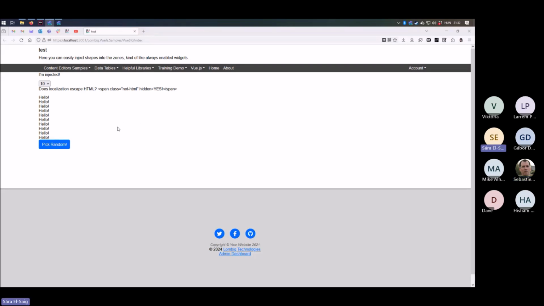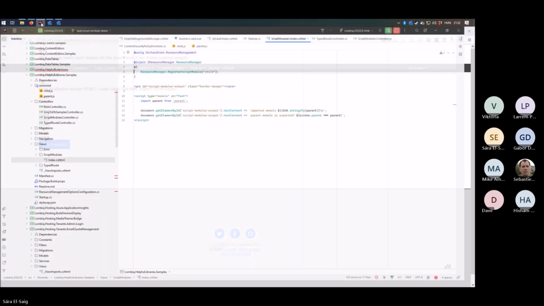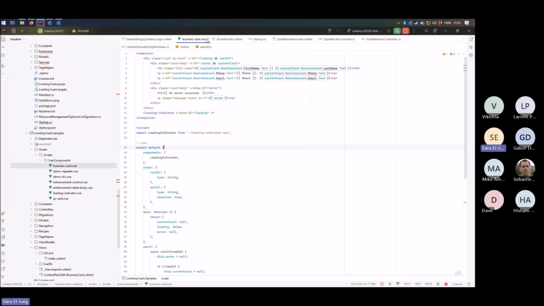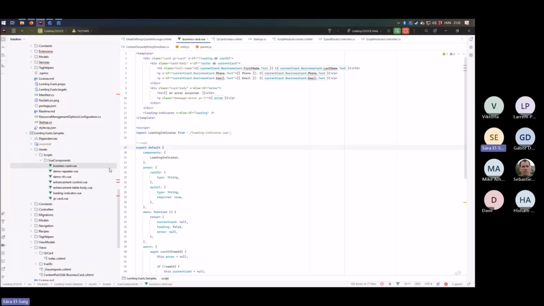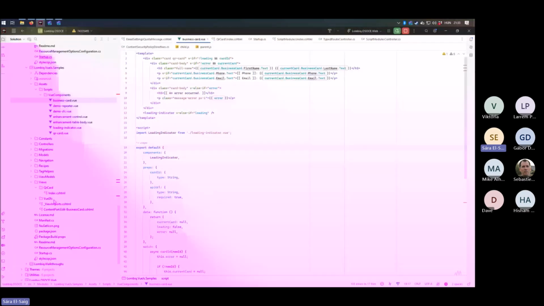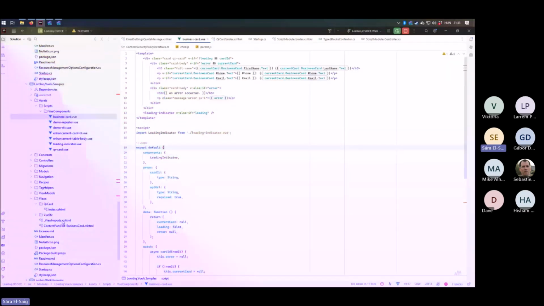Excellent. So first, like I've already shown in the past, the Lombiq.Vue.js module. What it does is lets you use these Vue single files for managing Vue applications. And right now you can see that if you have seen it in the past, it works the same, but underneath it now uses Vue 3, even though Orchard Core still uses Vue 2 canonically, and for that reason, everything that happens here